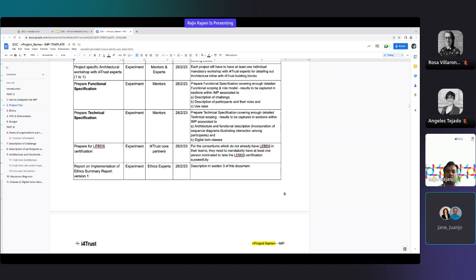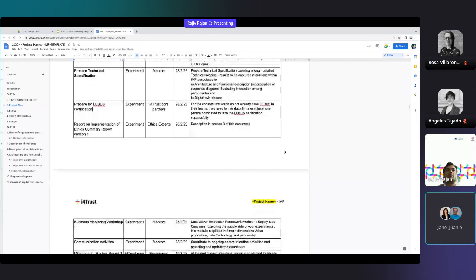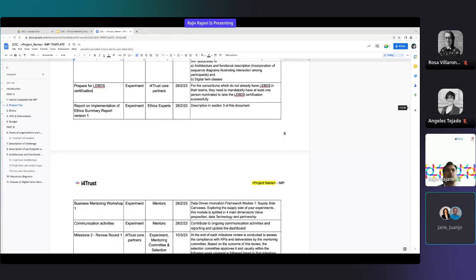When you pass both exams, you are granted the LEBDS certification, and for each experiment, a minimum of one LEBDS is necessary. So please make sure that you fulfill that requirement before this date, if you don't have someone yet.